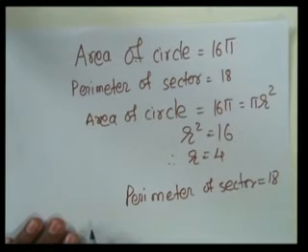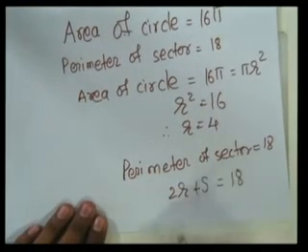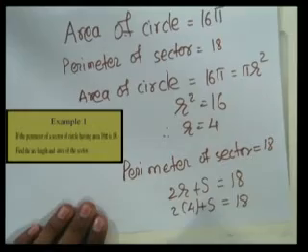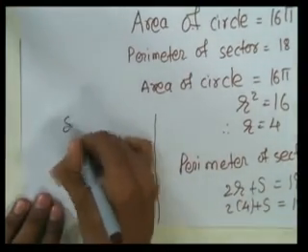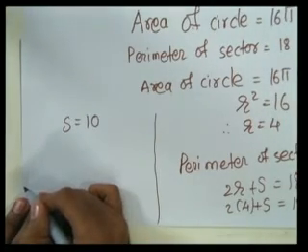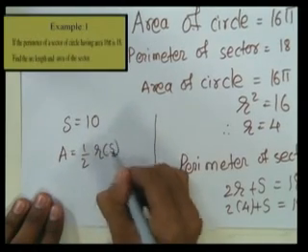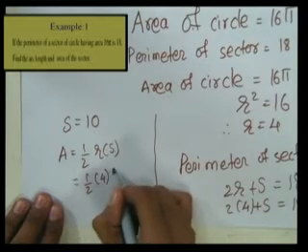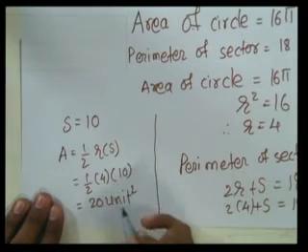And we know the formula to find perimeter of sector, that is 2r plus s equal to 18. And radius we have obtained, that is 4. Replace it: 2 into 4 plus s equal to 18. So arc length is 10. Now we are going to find area of a sector using the formula 1 by 2 r into s. Radius is 4 centimeter or 4 units and s is 10. So that is 20 units square area of sector.